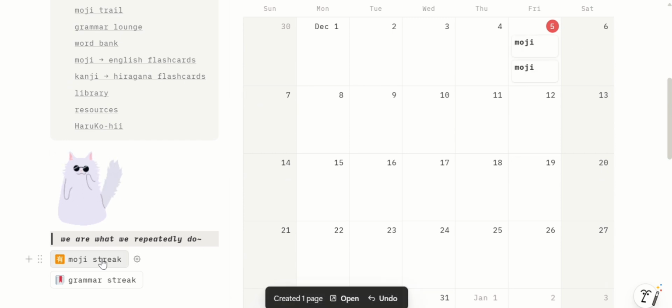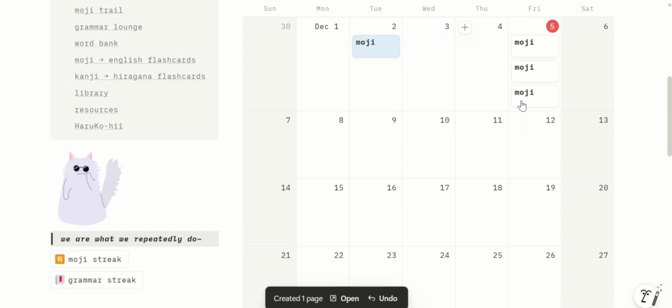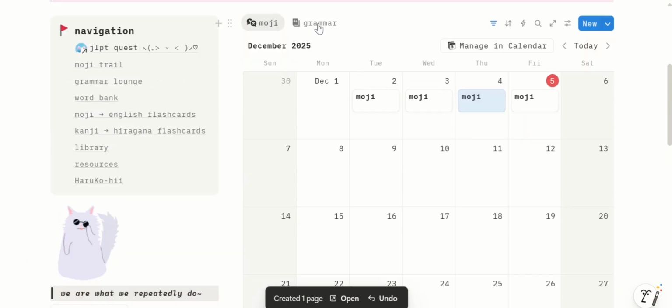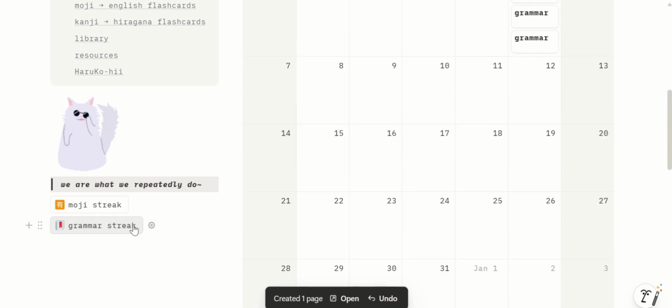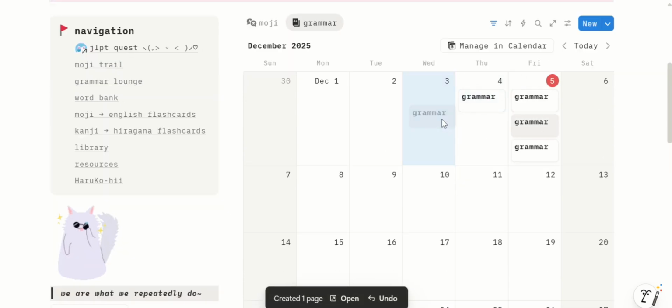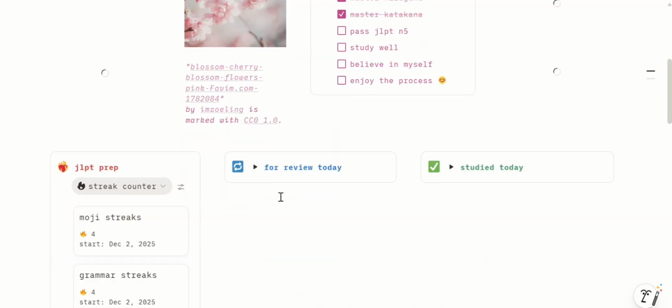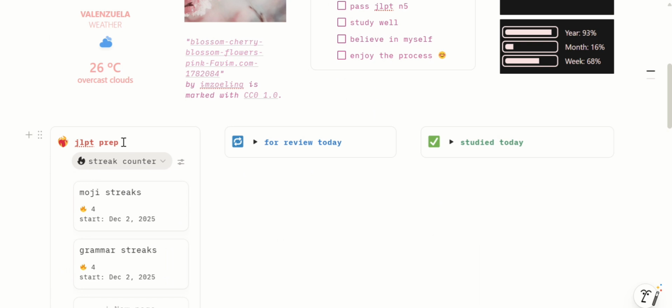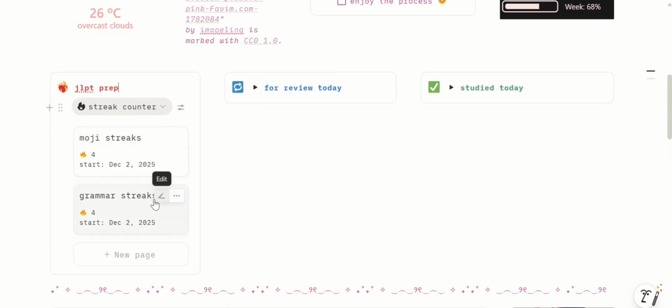Since we have studied 4 days already, and the same for grammar, and you go back here in the home page, the JLPT prep will show you your Moji streaks and your grammar streaks and when it started. So I think it's nice to put the JLPT prep streaks here. It's the first thing that you will see, and it will help you to stay motivated and on fire